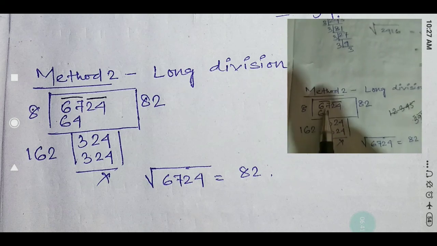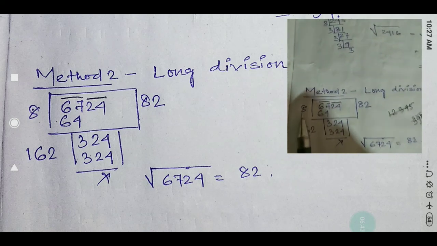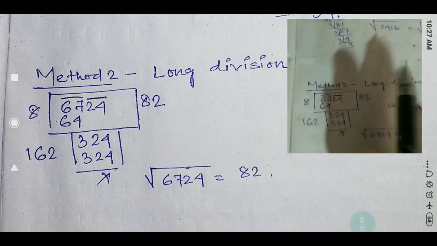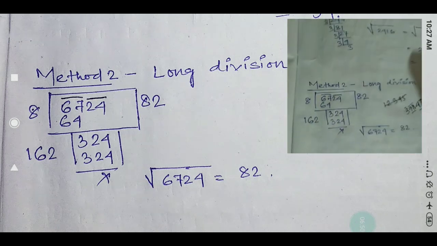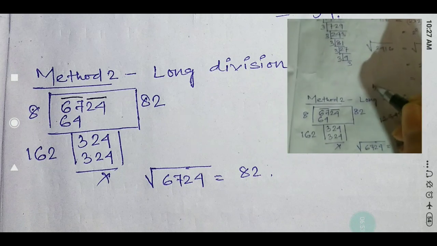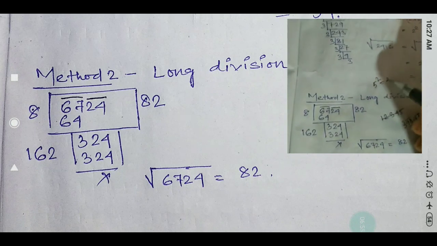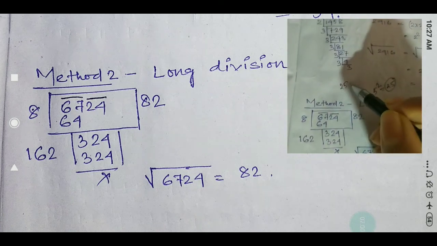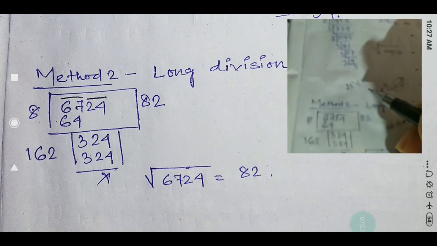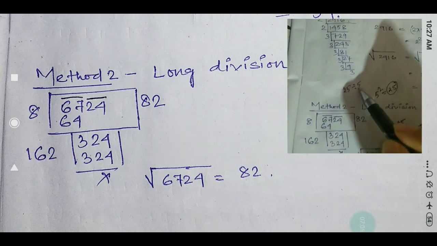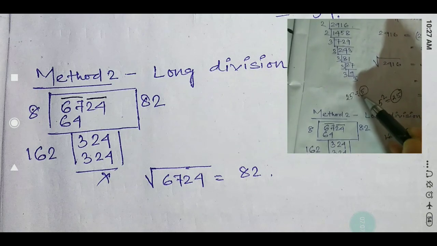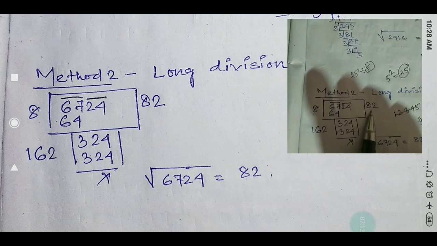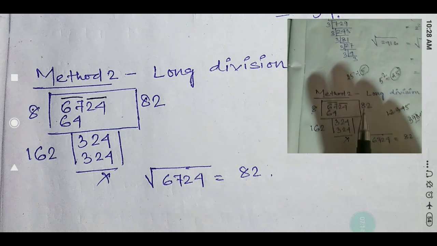Now for this 67 I have to do the division process. So in that case we are finding long division. Long division means square root. Square root means the same number. Suppose if you multiply 5 by 5, then only we will get 25, na? Or if you divide 25 by 5, then you will get 5 only, na? So whatever your divisor is, that will be your quotient. So here, if I take 8 as the divisor, here also I have to take 8.